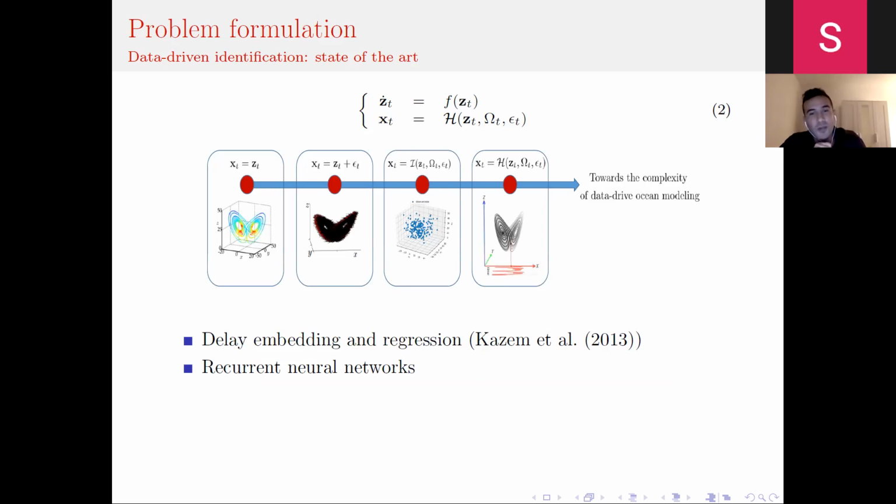Another question is when we are provided with observations that are linked only partially to our high dimensional time evolving system Z. In such situations, most of the time, all of the previously mentioned state-of-the-art techniques do not apply, and we need to define some kind of higher dimensional space. In most of the state-of-the-art literature, people are using what we call delay embedding coordinates with regression, where recurrent neural networks can be seen as temporal propagators of these embeddings.